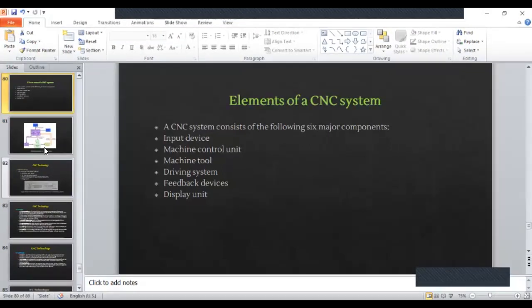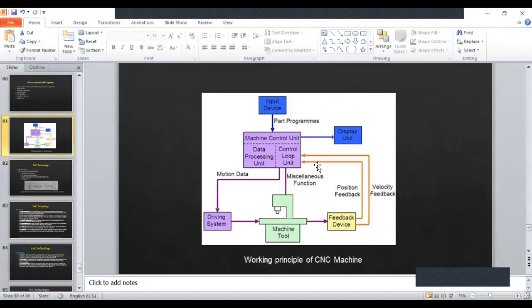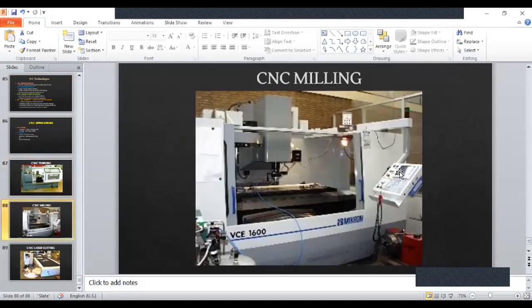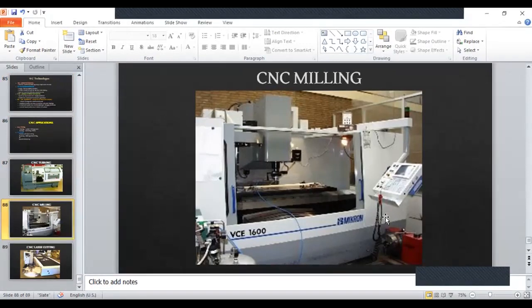Driving system, feedback devices, display unit. You see, here will be the display unit. I believe you have seen on a machine that you have a display unit, like for example, here also. So that will have some options, right? For us to operate the machine if you want to do it manually, and insertion of programs, etc. So it will have some buttons, stop button, emergency buttons, right? And it will give you alarms as well. It will pop up if there is something wrong, not just sound, but also it will display on the screen what is wrong. So that display unit is there.